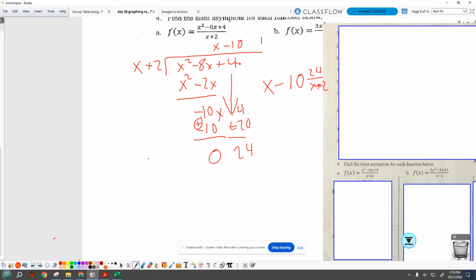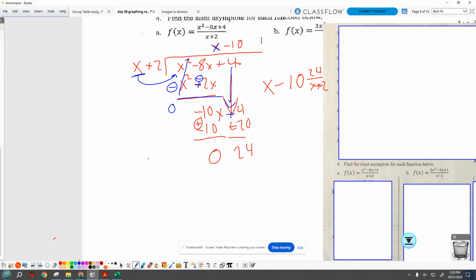All right, so where did these things come from? How many times does x go into x squared? X amount of times. And then he took x times x to get x squared, and x times 2 to get positive 2x. By my convention, so that old-timers disease doesn't kick in too early, change the signs of both of them and add down. So x squared minus x squared became 0. Then negative 8x minus 2x is negative 10x. So Lorenzo, I know what you did, but you didn't really show that you were subtracting out x squared. And then he brings down the 4.